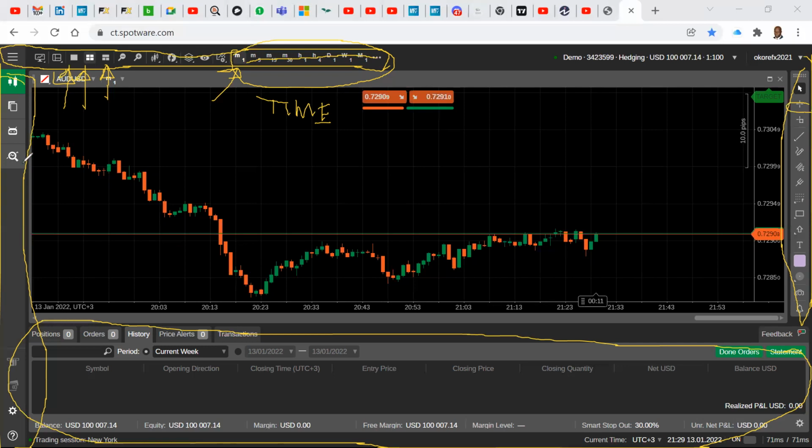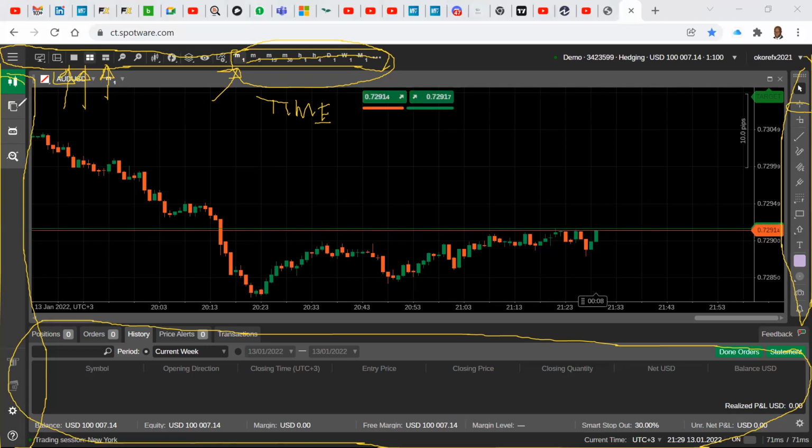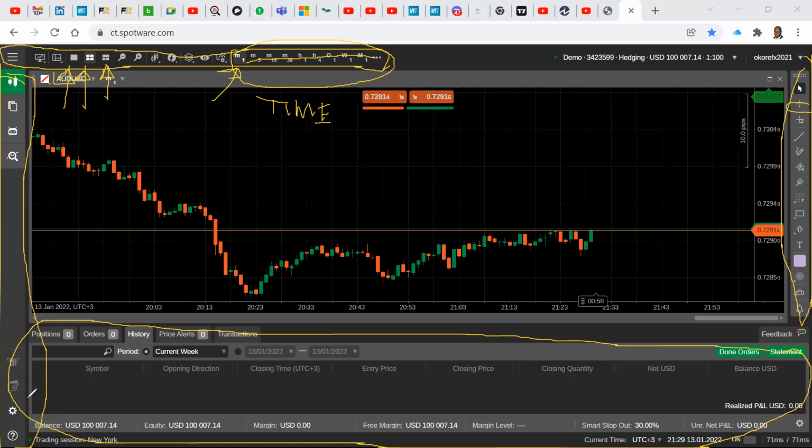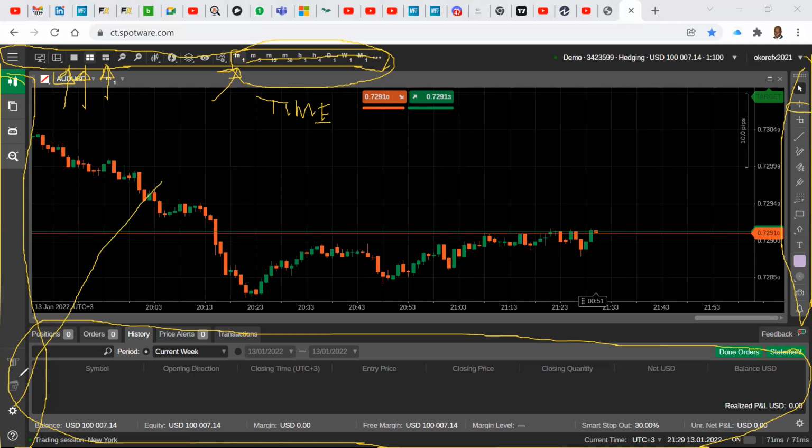On the left, these ones here, you might not use much, at least not for now. But once you start doing things like copy trading and all that stuff, then they come in handy. At the bottom here, especially this wheel here, the thing that looks like a wheel, is the one that allows you to set up your platform in terms of the size, position.